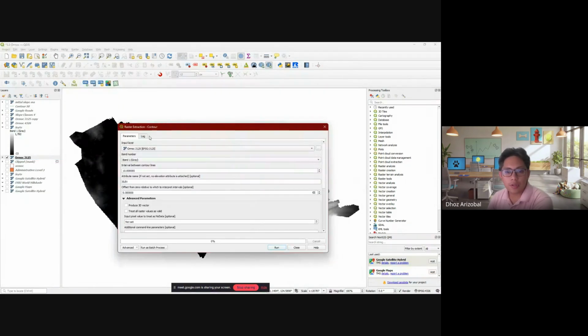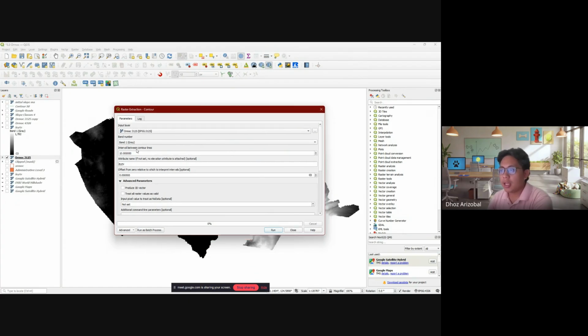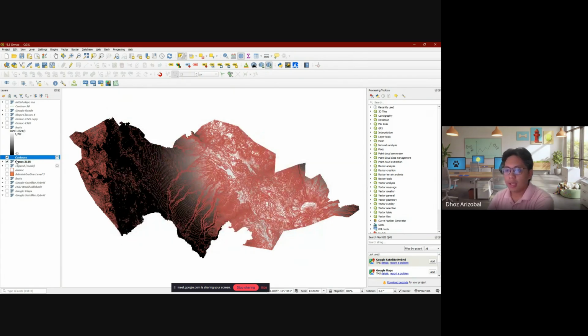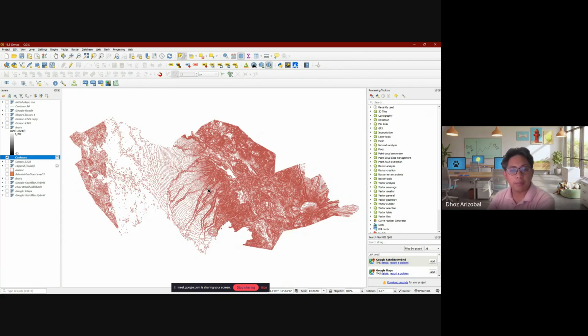Then you choose your metric DEM, the new one that you made, and you set the interval between your contour lines. You can choose 100, 10, 50, whichever. Default is 10. So if I try 10, just let the process run, and you see your contour map.